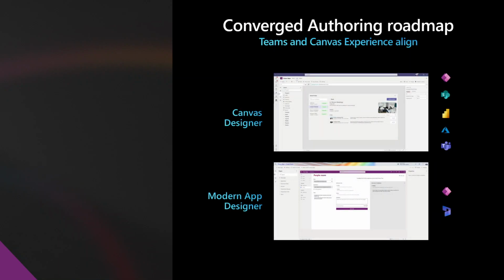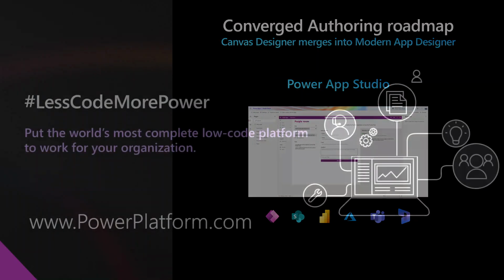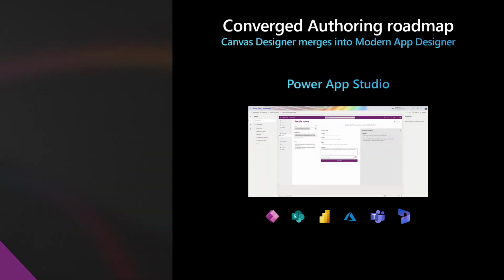So eventually what we will have is the Canvas designer and the modern app designer will converge. They'll align a lot more than they are at the moment into just Power App Studio. That's where it's heading, and eventually that's where it will get to. Not sure on the time frame on this. I'll see if I've got the notes here. Bits of it are rolling. Bits of it are in the